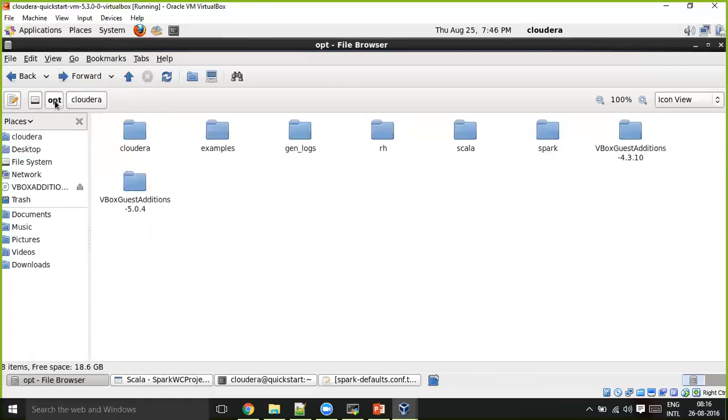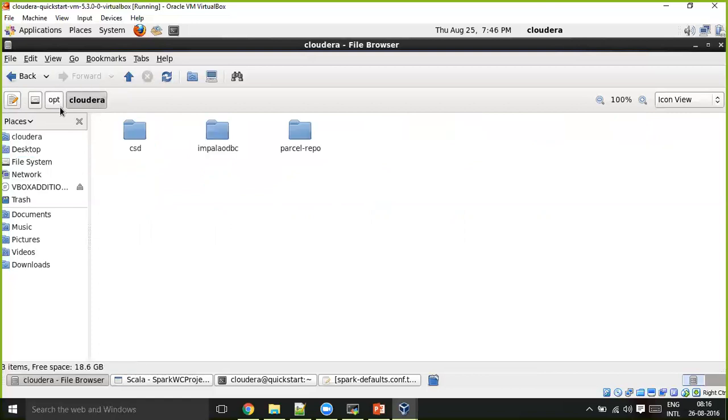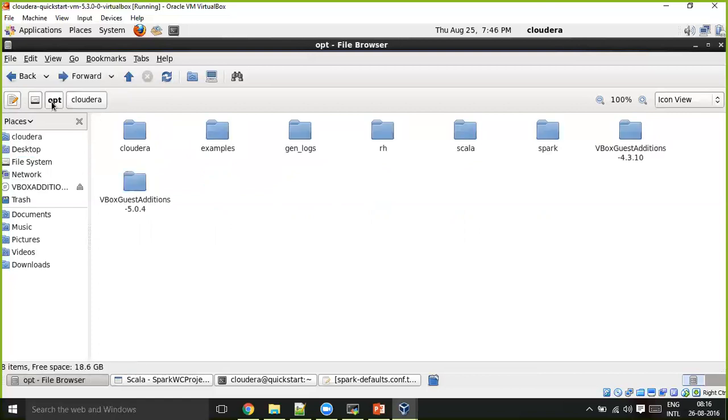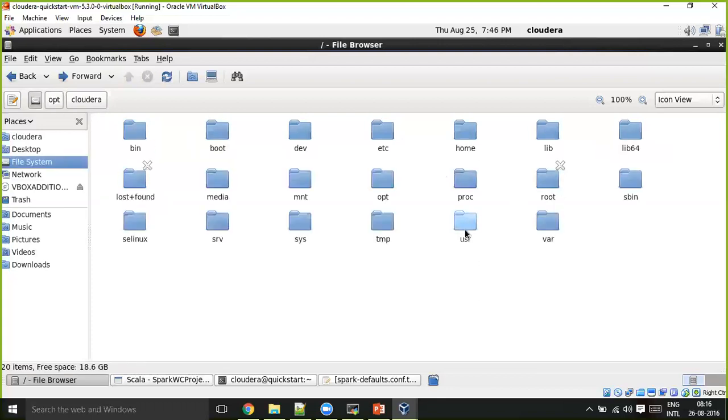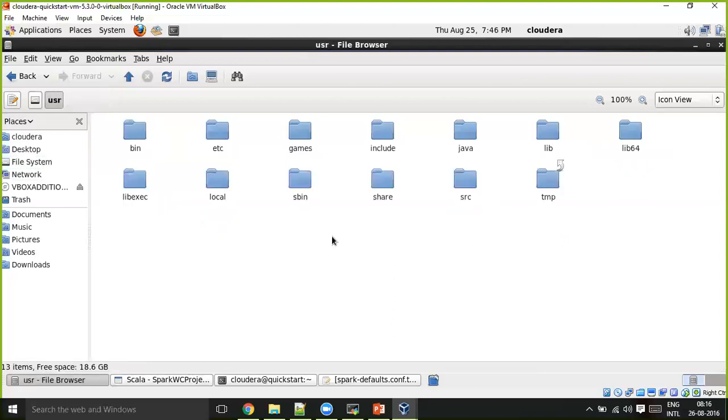But in the same Quickstart VM, you will find two types of Clouderas installed. One is through your Cloudera Manager that gets installed through /opt/Cloudera folders, and SCM agent and SCM master. And the other one is through parcels that got installed through user lib.